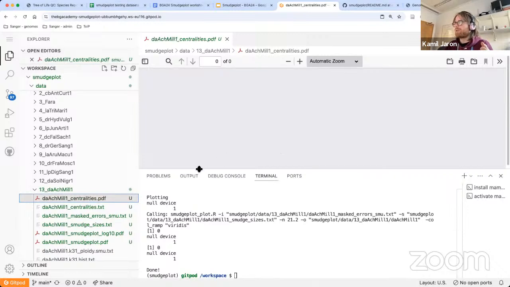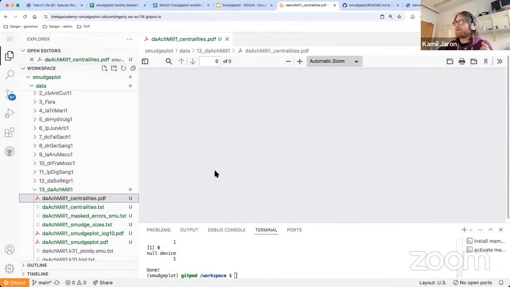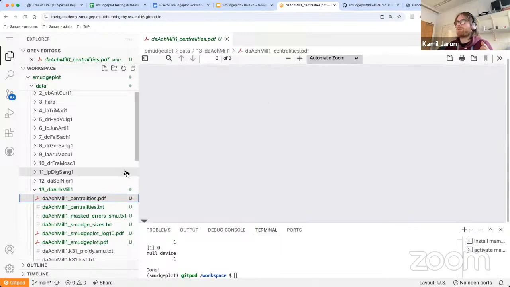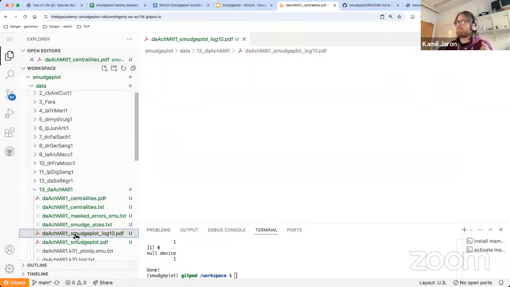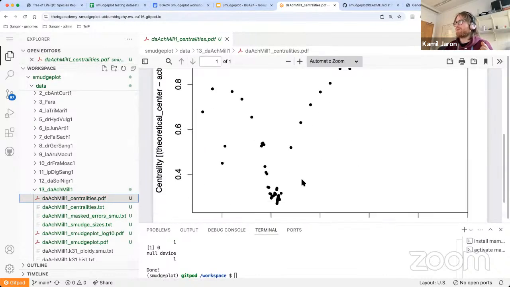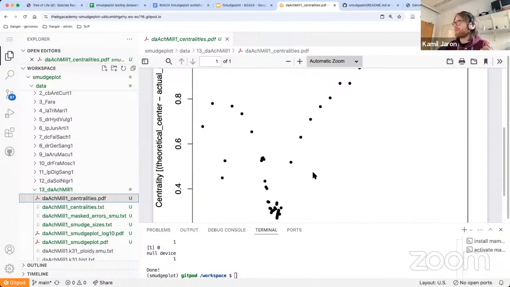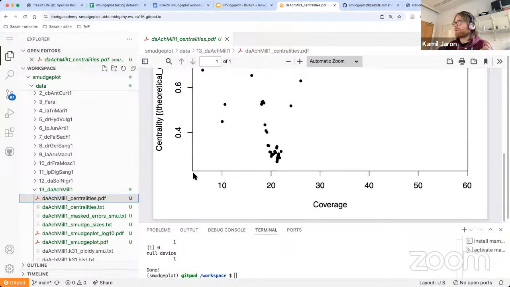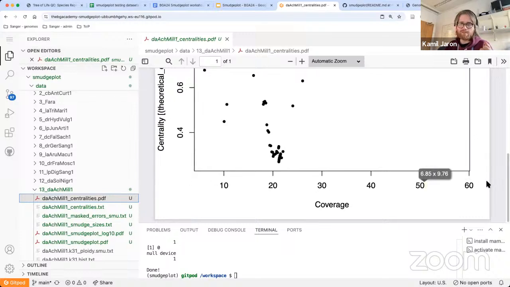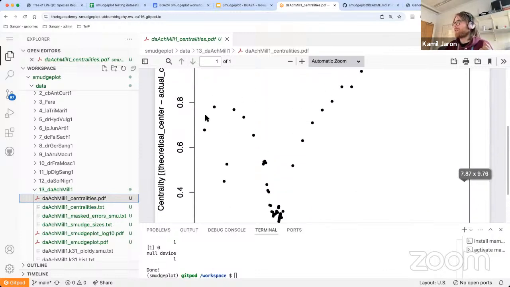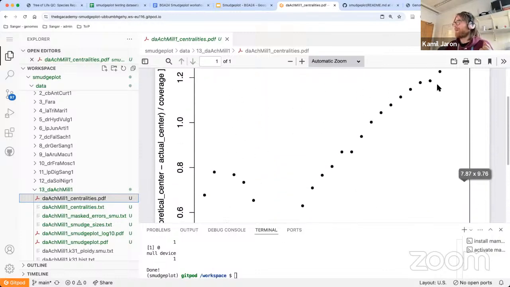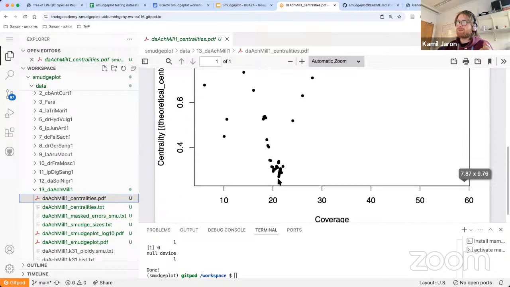So we didn't talk about the centralities, but there is a measure. Wait, showing nothing. Is it broken? Oh no, it's not broken. Okay, good. This is a metric that is actually optimizing. It's giving you an idea about what coverage it fitted. So these are the coverages that were tested, and this is how good the fit was, and this is where it converged.